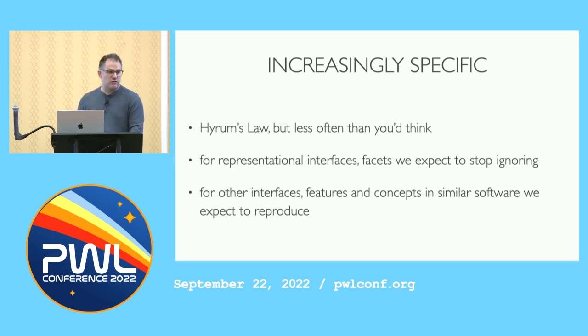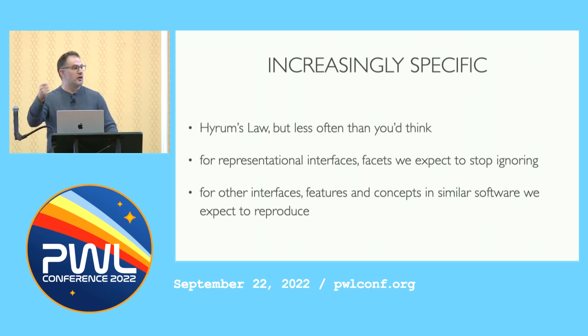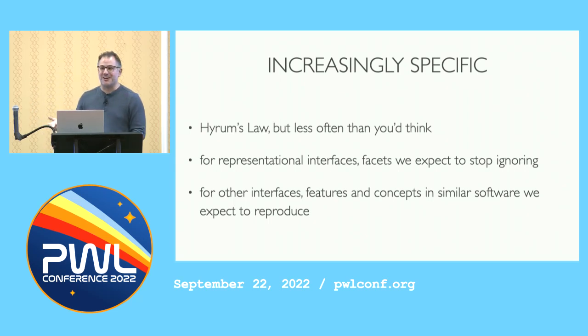And for non-representational things, I think there's a similar property where we compare it to more mature versions of that interface. If we're writing a key value store, we might begin with just a simple point query, key to value. But there are other more mature key value stores out there. We can look to Cassandra and Redis for examples of things that other people have found useful, and those become part of our possible future.